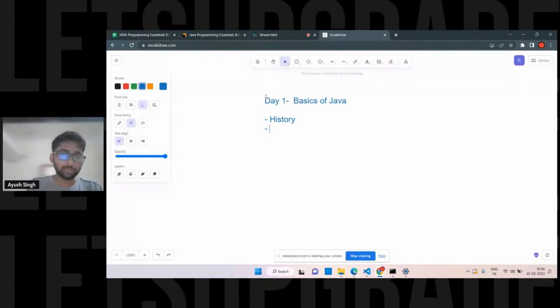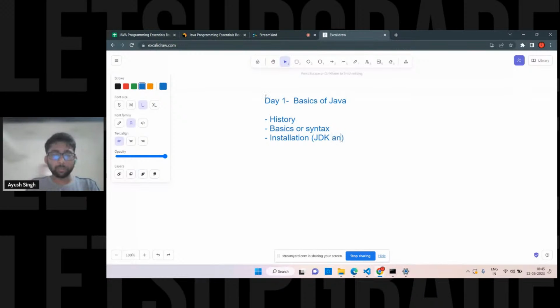So you're going to see the history of Java and obviously the basics, or you can say the syntax, how this Java program works. And afterwards you're going to see the complete installation, because in Java the installation part is a bit different from other languages. So that's not hard. You're going to see it in a very simple way. Installation will include the JDK, which you can use to run Java programs. You can even build web apps if you're using any IDE for Java. That's also going to work.